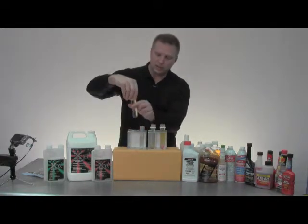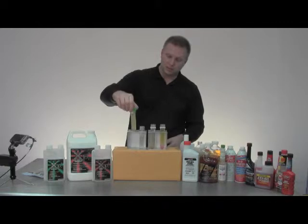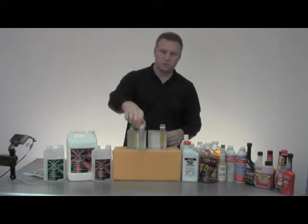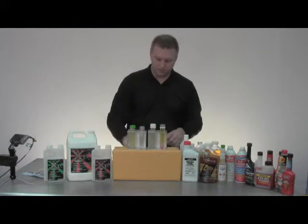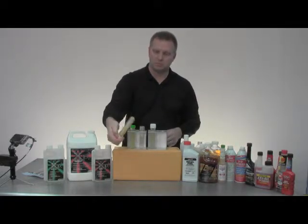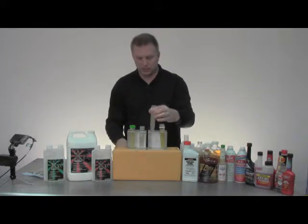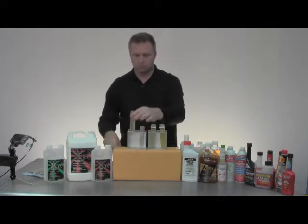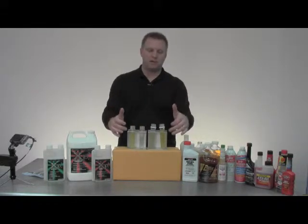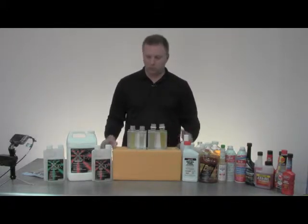So we're just going to give these a quick little shake. Let the Xp3 work its way through the whole vial. You can see that the residue has gone away from the water finding paste. And it's become a single homogeneous substance or liquid. You can see that the water is no longer separated in the bottom because it has been dispersed. It's been completely dispersed. What you can't see is that the Xp3 is also going through and modifying and actually altering the micron size of the petroleum molecules,